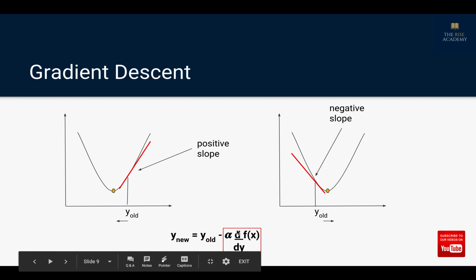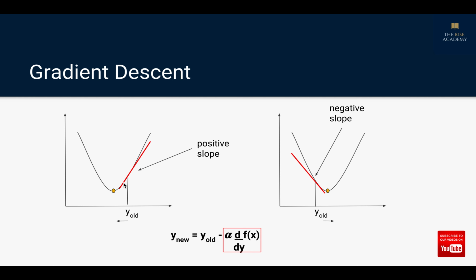Because I'm subtracting a positive slope and my learning rate is anyways positive. So I'm subtracting a positive value from my y old, so my y new will be a smaller value. So I will move in this direction, right? So this direction is the direction of decreasing y. So now my y new will be maybe somewhere around here. So I'm moving closer towards my minimum point, right? In the same way, I will have one more iteration, and I will keep moving in this direction